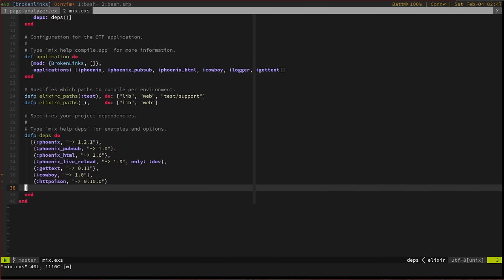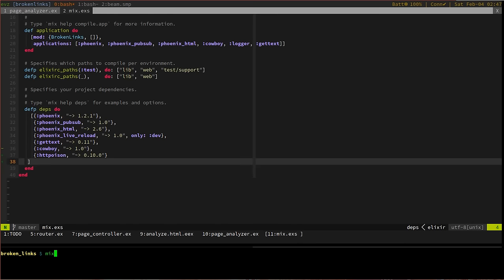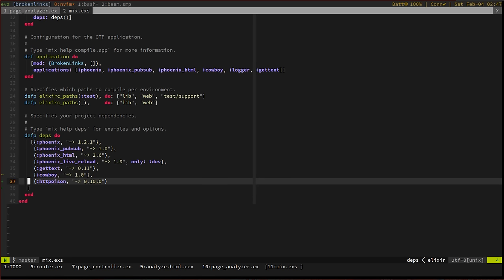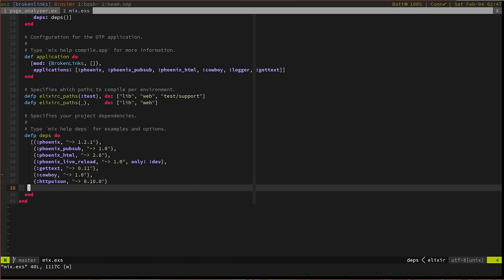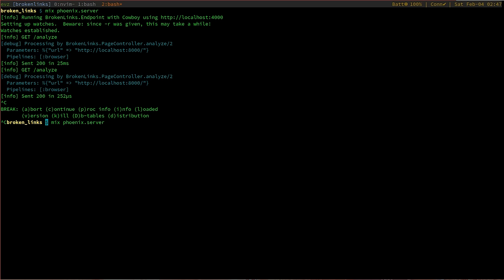Okay, and once we add this, we also need to run mix deps.get to get this new dependency. So that's done, and once we do that and restart the application, we should be able to